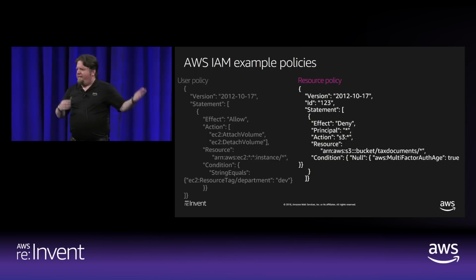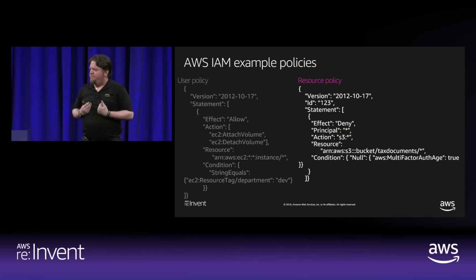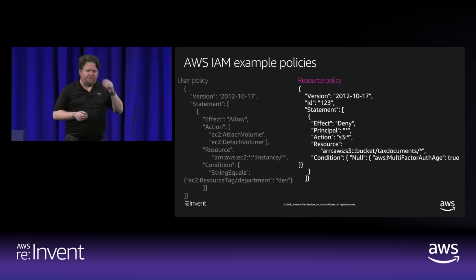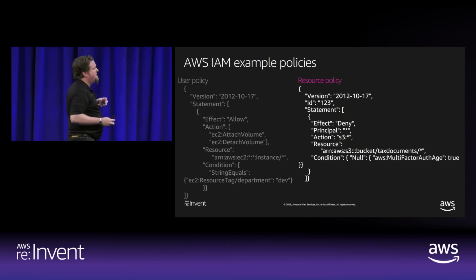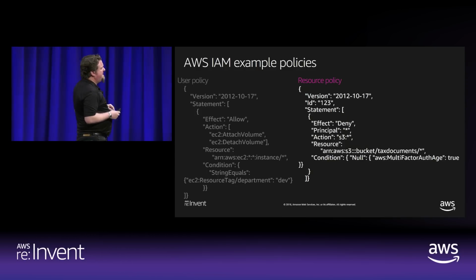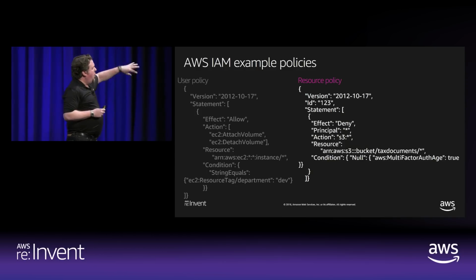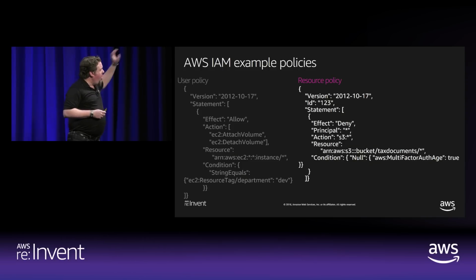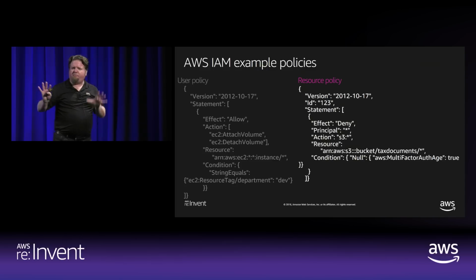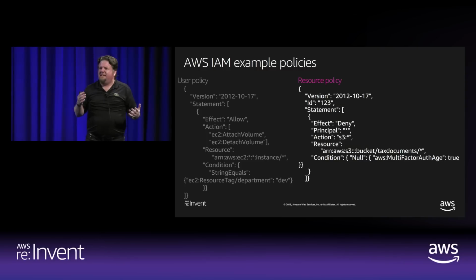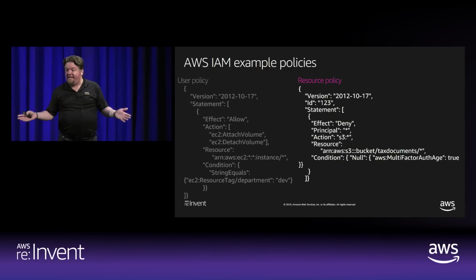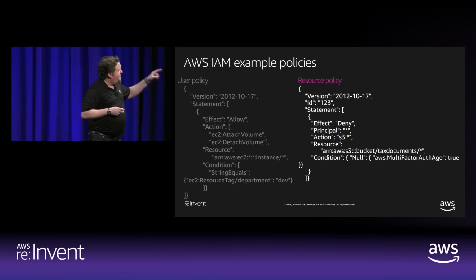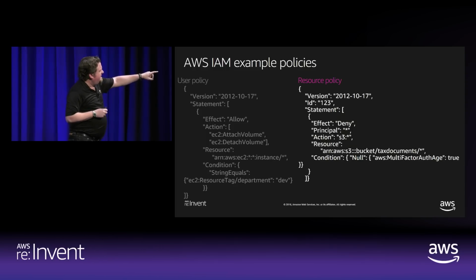So this doesn't grant any access. You may have been granted access separately as part of your identity, like the policy on the left. But the policy on the right that applies to a specific resource says we're going to deny all of the principals for all of the actions for this one bucket and prefix. Bucket name, prefix. Prefix is a little bit like a folder. It's the namespace. S3 is a key value store. For this particular key space, you must have multi-factor.